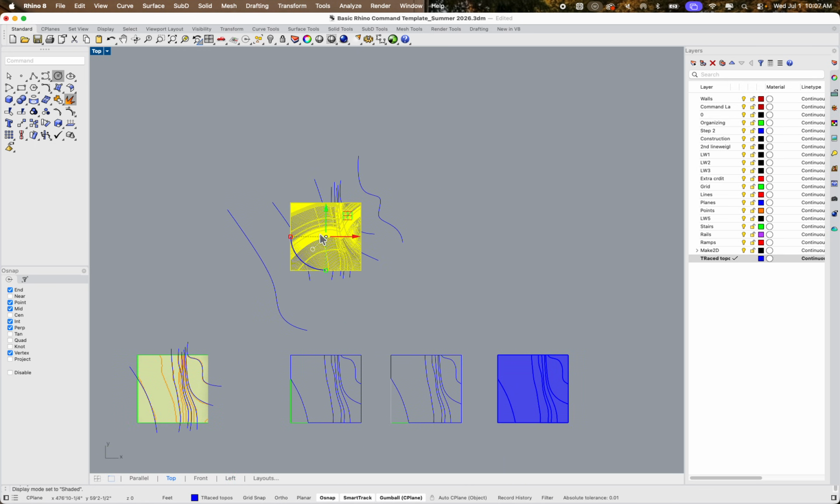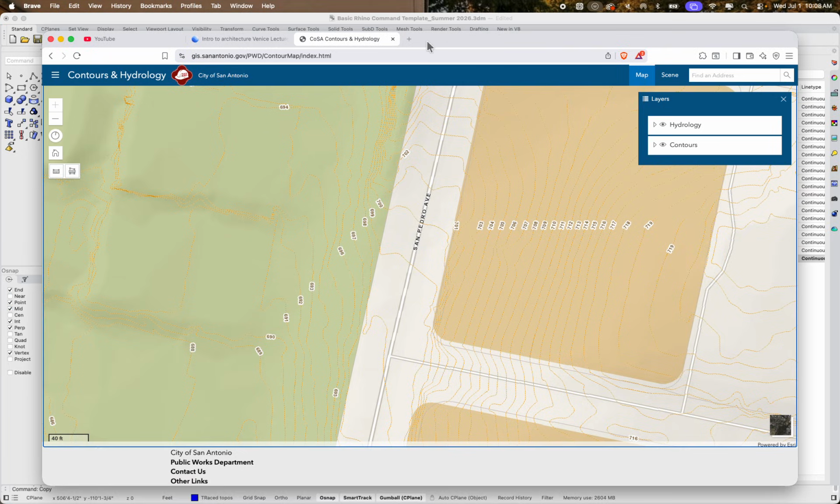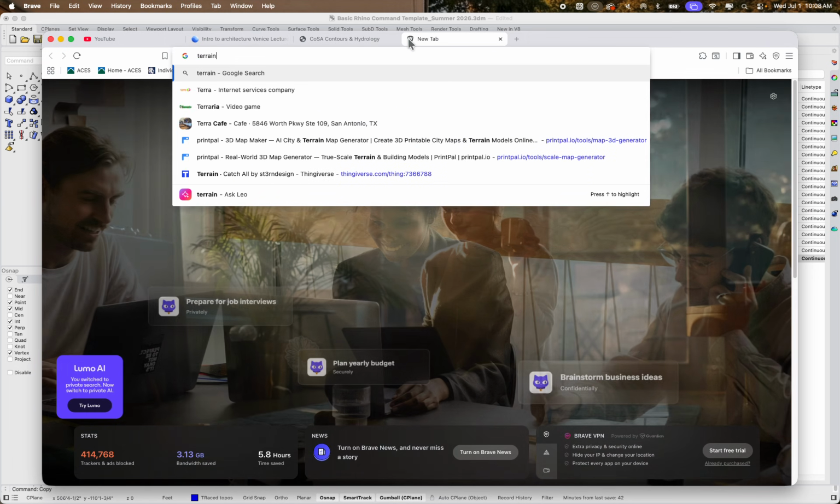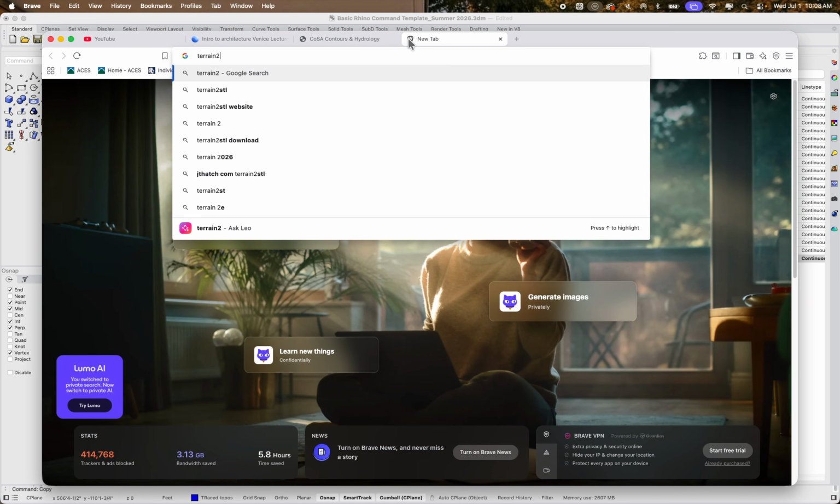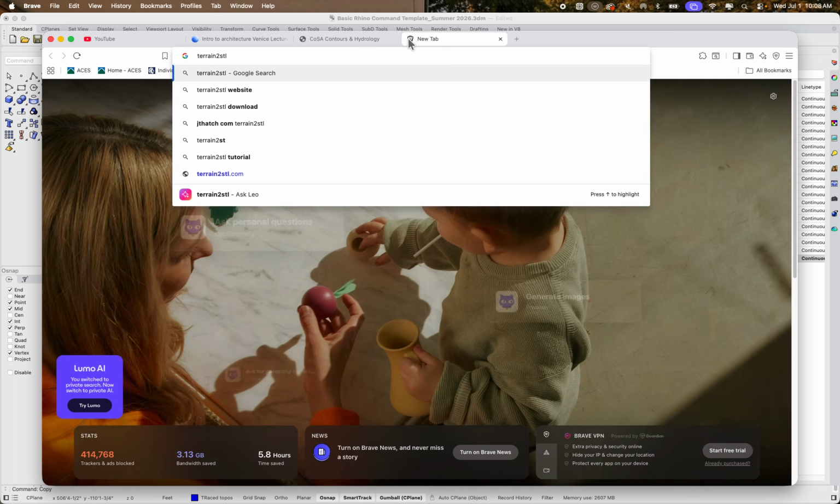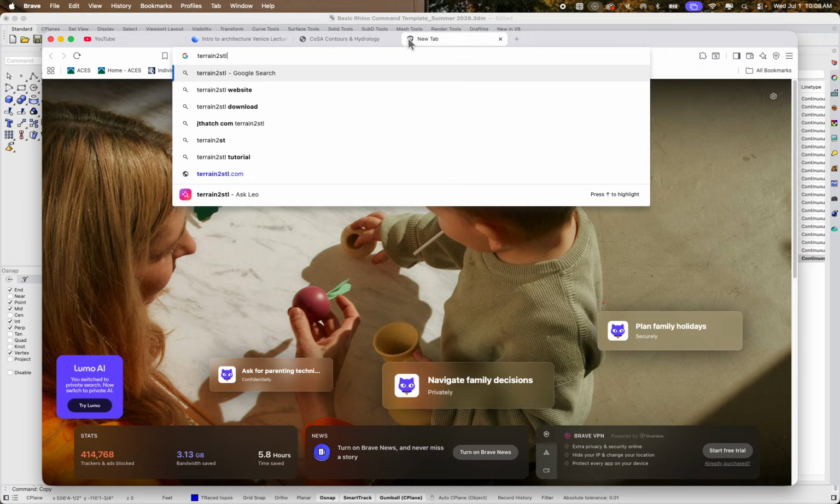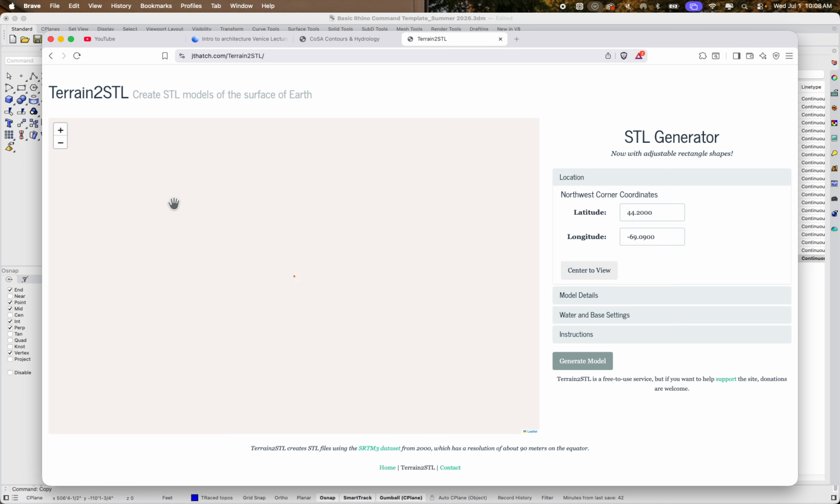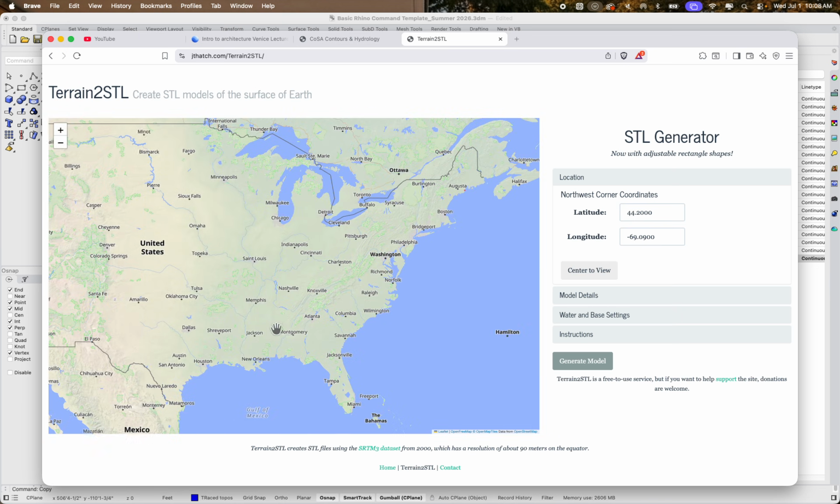What's also nice about this, guys, is there's this wonderful thing. I won't necessarily go through the whole process, but another website that's really great is called Terrain, and I can't remember if there's two. Terrain 2 as in the number 2, and then STL for a stereolithographic file. If we hit enter, there's this wonderful website called Terrain 2 STL, but it's also called JT Hatch. I don't know, maybe that's his name, JT. But if you click on this, you can essentially go to anywhere on Earth